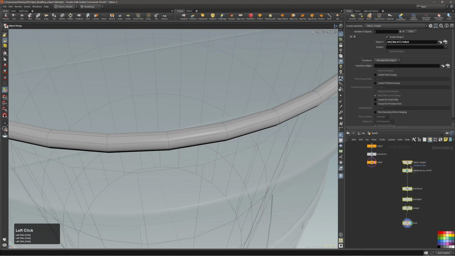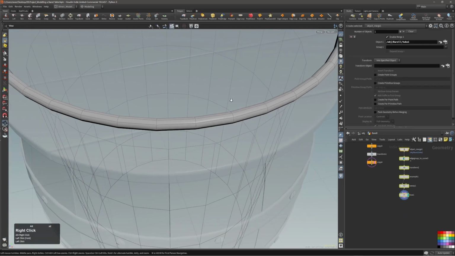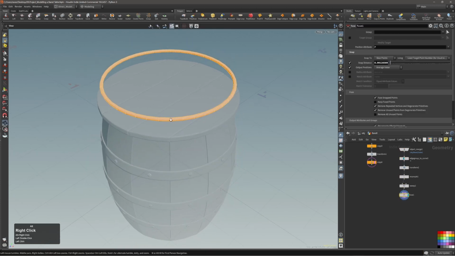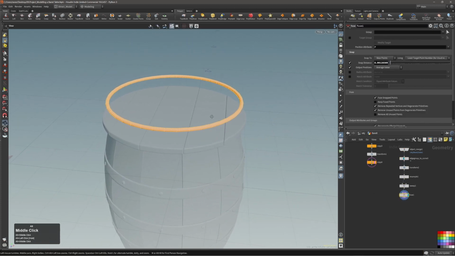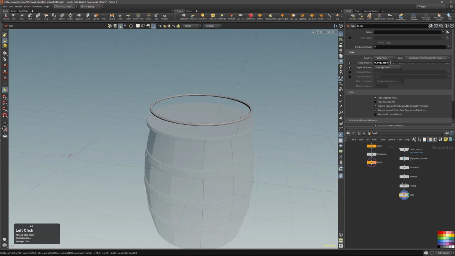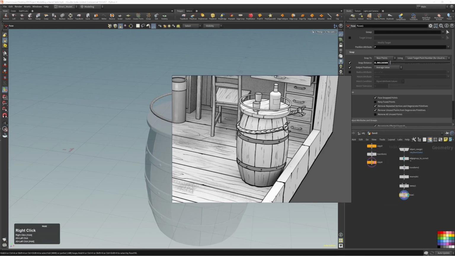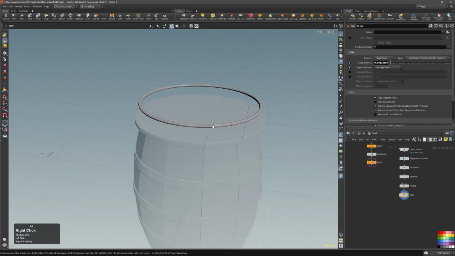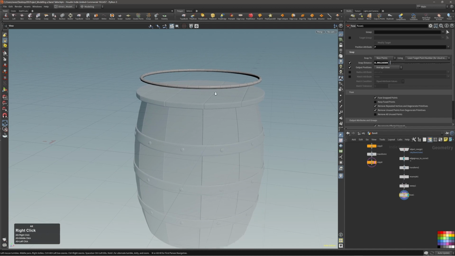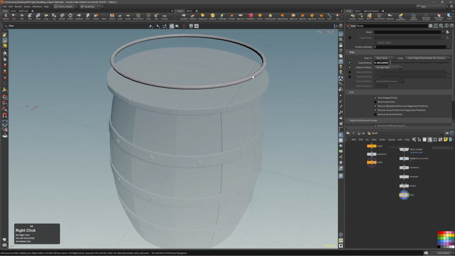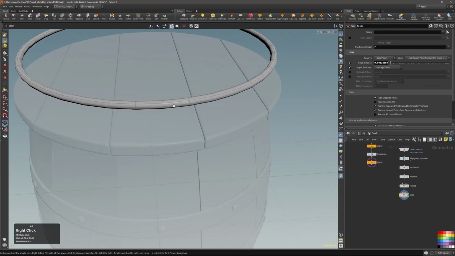So that could help. So now we have this nice continuous shape, and the last thing we need to do is add these four vertical, I don't know what they are, details. And how we can do this? Well, we can do this in the same way as we did the bolts,